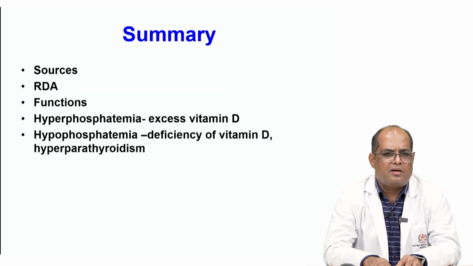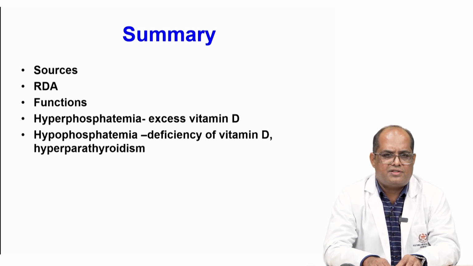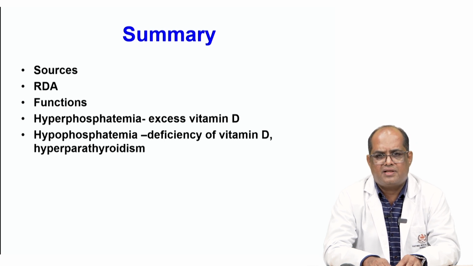To sum up, the important sources of phosphorus are milk and meat. Recommended dietary allowance is around 800 milligram in adults, whereas it increases in children and in pregnancy and lactation to around 1250 milligram per day. Important functions are in the formation of bone and teeth along with calcium. Hyperphosphatemia, increased phosphate level, is seen in case of excess vitamin D, whereas hypophosphatemia is seen in deficiency of vitamin D and